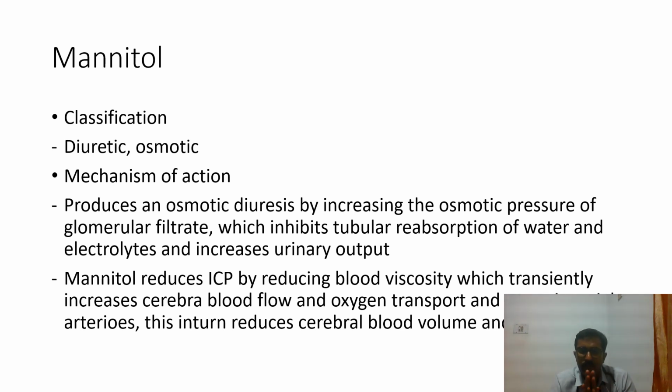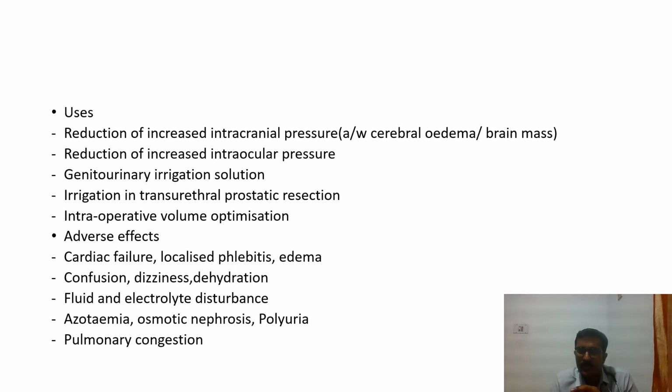Okay, mannitol usually reduces the intracranial pressure by reducing the blood viscosity, which transiently increases cerebral blood flow and oxygen transport and constriction of the pial arterioles. Okay, this in turn reduces the cerebral blood volume and ICP, intracranial pressure. So some of the important uses of mannitol: it's used in the reduction of increased intracranial pressure associated with cerebral edema or brain mass, reduction of increased intraocular pressure, genitourinary irrigation solution, irrigation and transurethral prostatic resection, intraoperative volume optimization